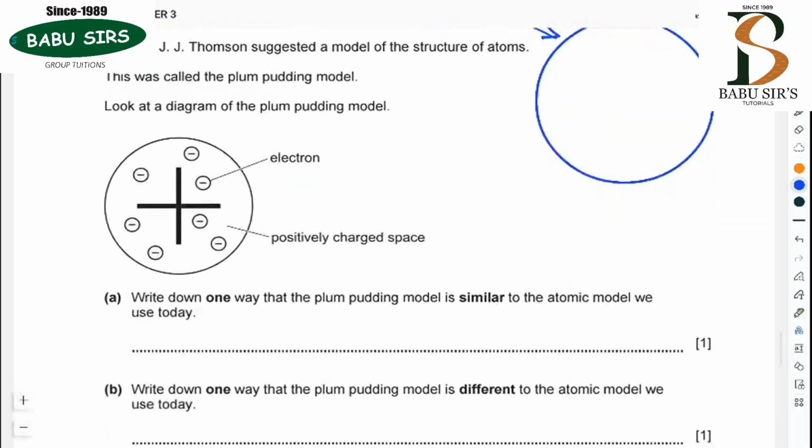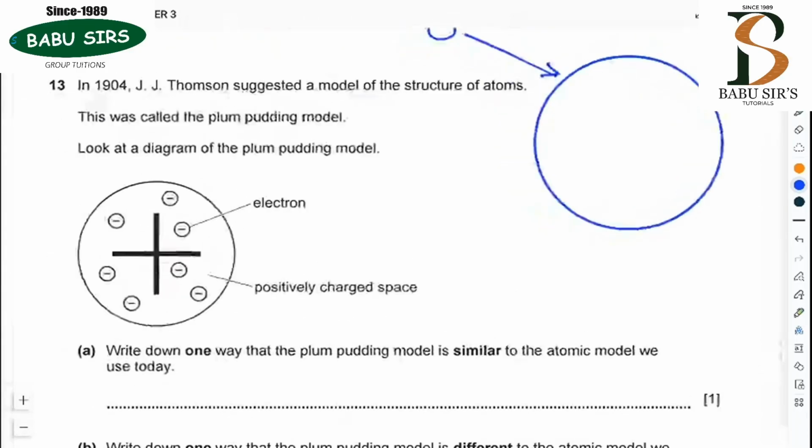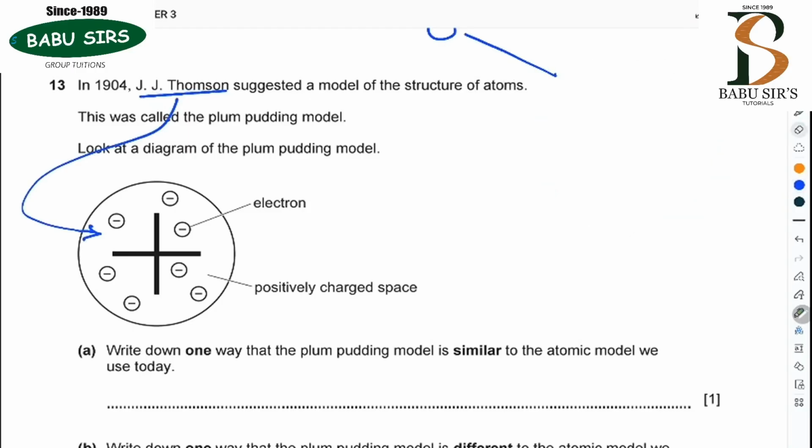Next question is question number 13. In 1904, J.J. Thomson made a suggestion of the structure of the atom. Now you can see what J.J. Thomson made. He made it like this. But what was the reality? In reality,